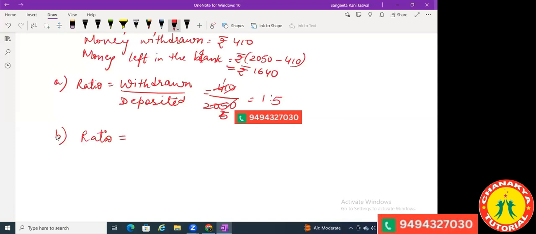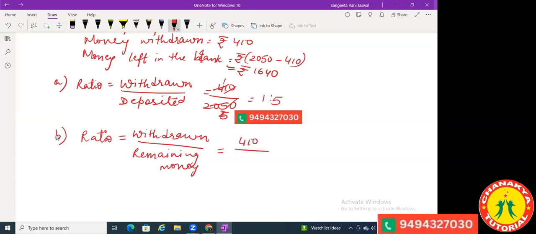Okay. In the second part, it is asked to find the ratio of money withdrawn to the remaining money left in the bank. So that means money withdrawn to remaining money. You got it? This is what is asked in the question. So money withdrawn is 410 and remaining money is what? How much money is left? That is